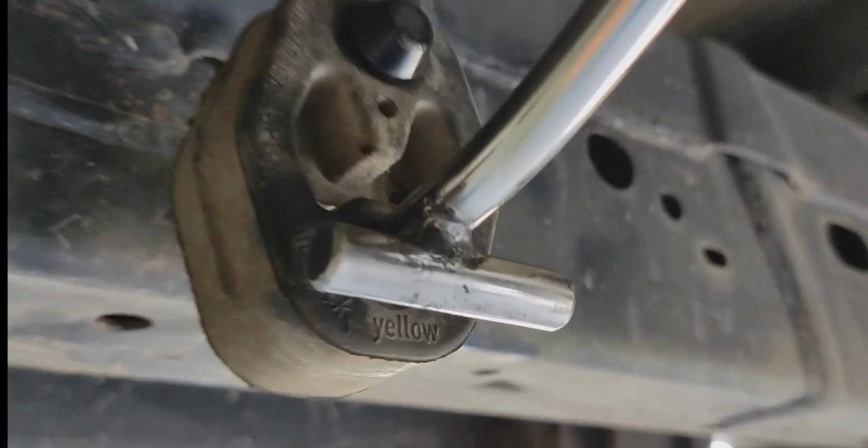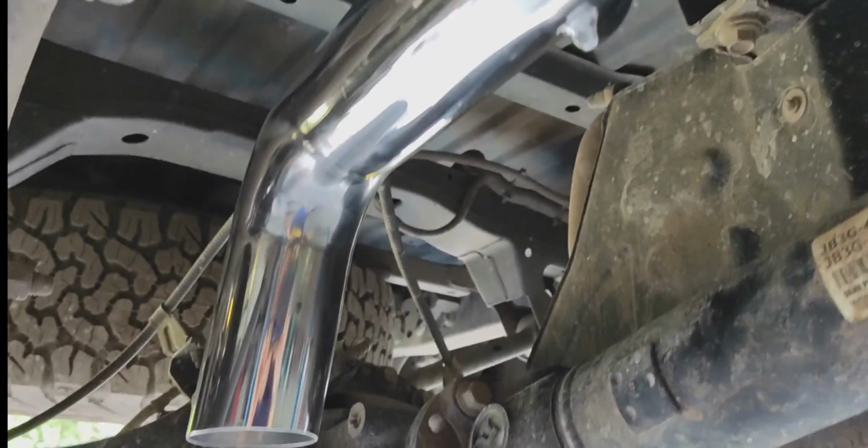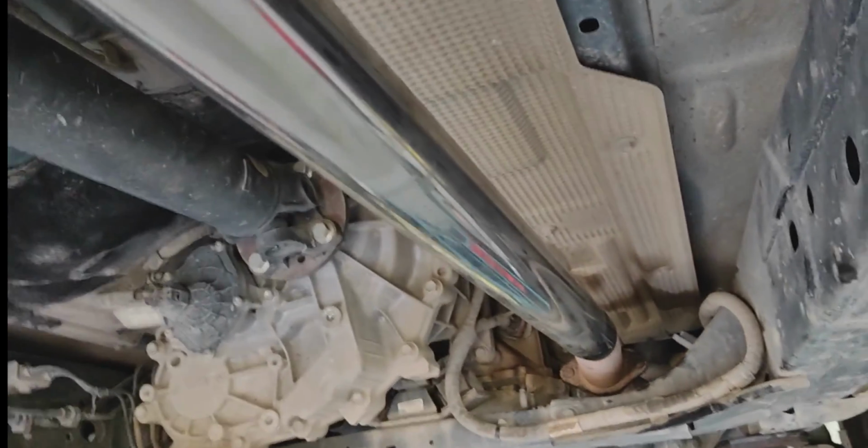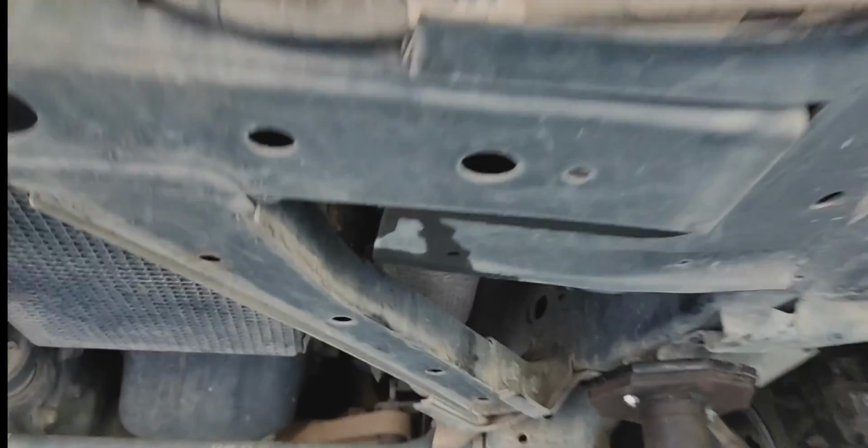Here we are, all installed. Got our perfectionist welding here. Very nice. That's just an absolutely perfect fit. So fits exactly the same as the original, but much less weight. So we're gonna have less wear on the